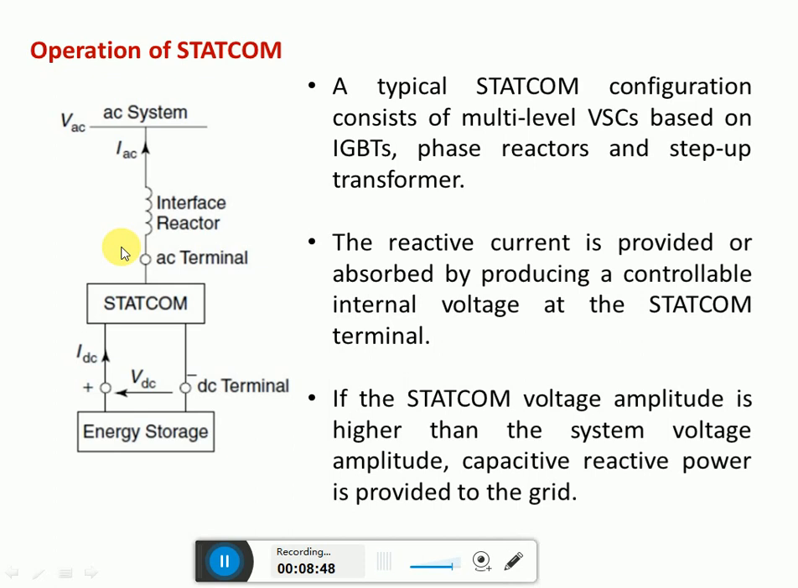So if the STATCOM output voltage is higher than the system AC voltage, then what will happen? We can see here that E is greater than V, means this current will flow from this higher potential to lower potential, means this device will inject a current into the circuit. That time it will actually work as capacitive